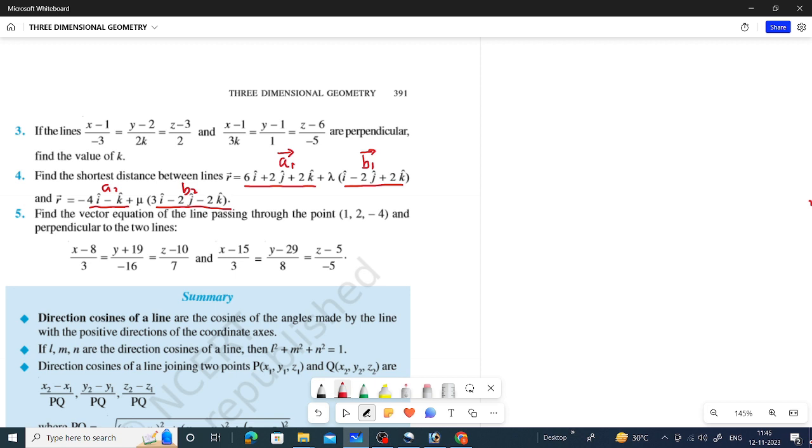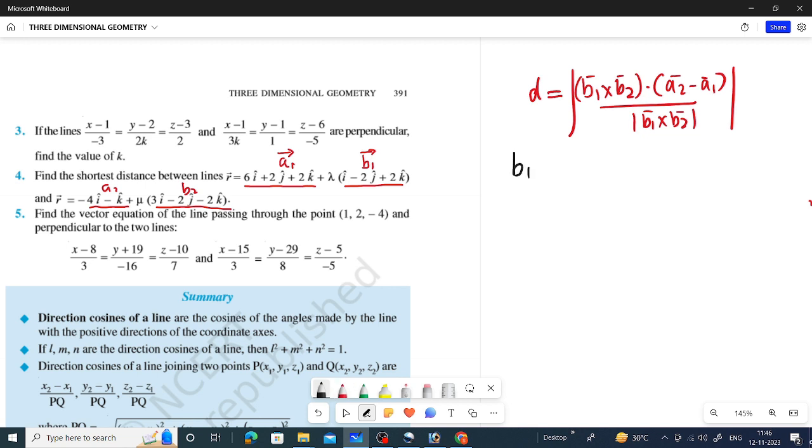The shortest distance between line 1 and line 2 is equal to b1 cross b2 dot a2 minus a1, divided by the magnitude of b1 cross b2, and this must be taken as its absolute value. Now what are the requirements? b1 cross b2 we need, and that is going to be a vector. So b1 is this, b2 is this. How do we find the